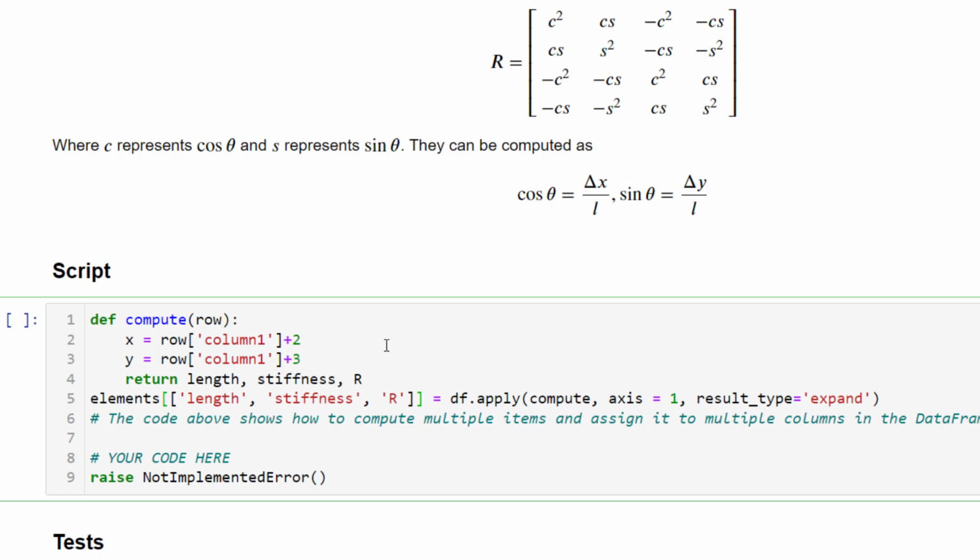Okay, the only thing that you have to keep in mind is when you do this with the apply function, the keyword argument result type should be set to expand, otherwise it doesn't work. If you set it to expand, it will take all these three outputs and split it into the three columns that you want. Okay, so now let's compute the length,